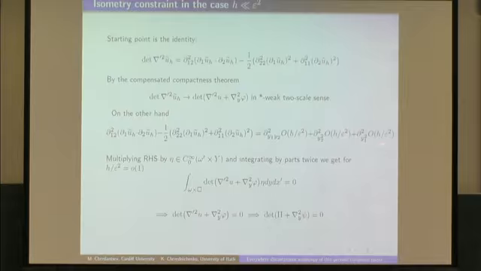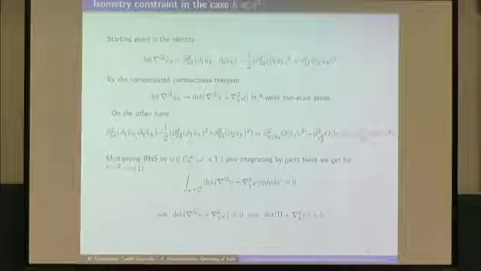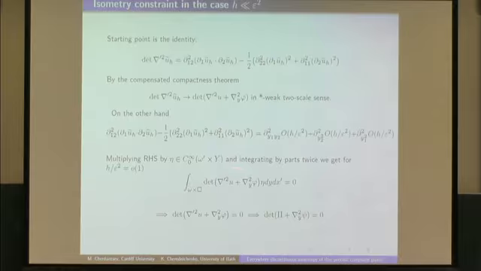You can say it's rubbish. How can you differentiate so small things? But in fact, we just need to multiply this by a test function and integrate by parts twice. So all these derivatives are applied to the function eta now, and pass to the limit. Then the whole thing disappears. So we see that the weak-star limit of the right-hand side is 0. Hence, we conclude that this expression here is 0, the expression that we get on the left-hand side.